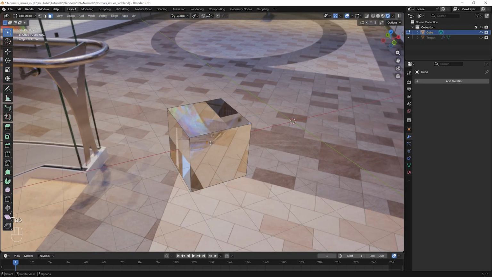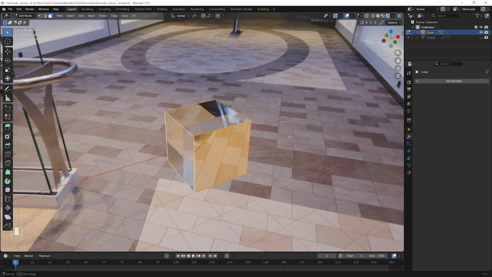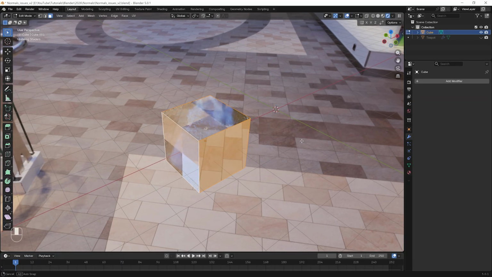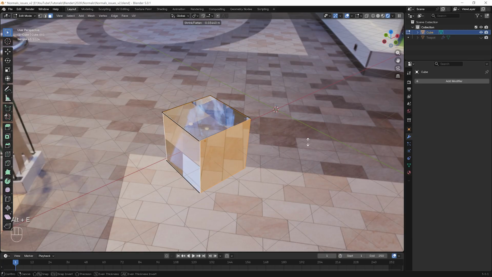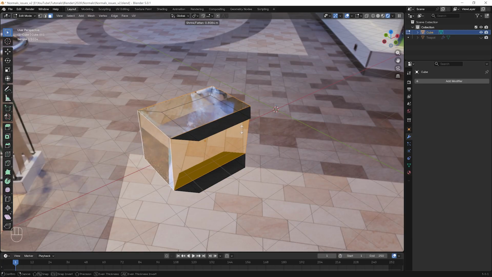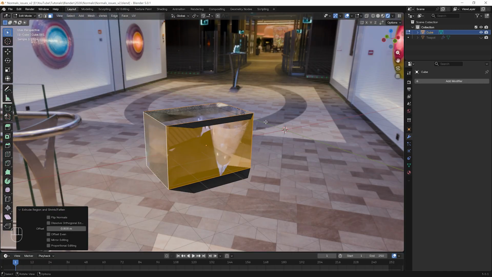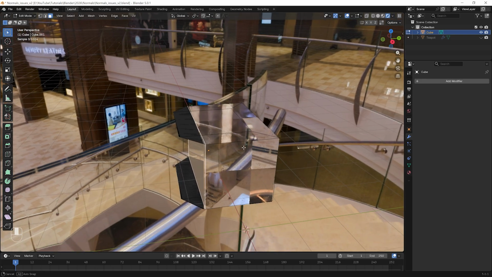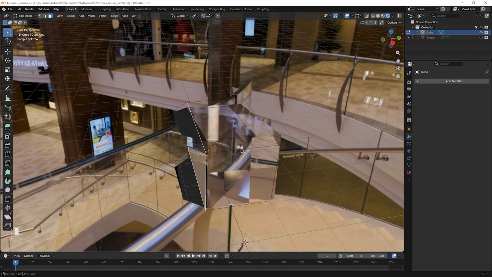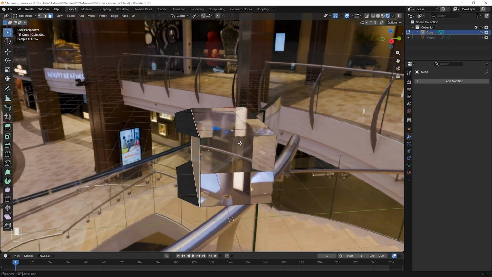With the cube selected, I tab into Edit mode, then hold down Alt and click on this face to select these four side faces. I want to extrude the faces outwards, so I hold down Alt and press E, and then select Extrude Faces along normals. As you can see, 3 of the faces are extruded outwards, but the one with the flipped normals extrudes inwards. So if you ever run into an issue where one or more of your faces are extruding the wrong way, remember to check your normals.